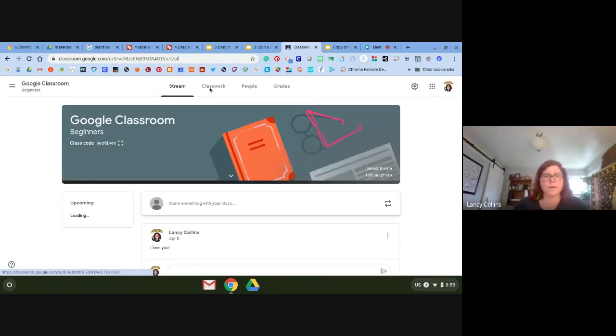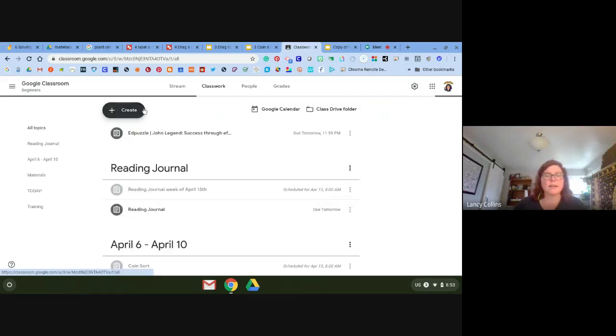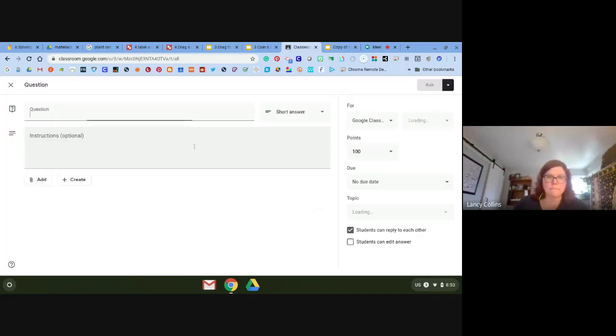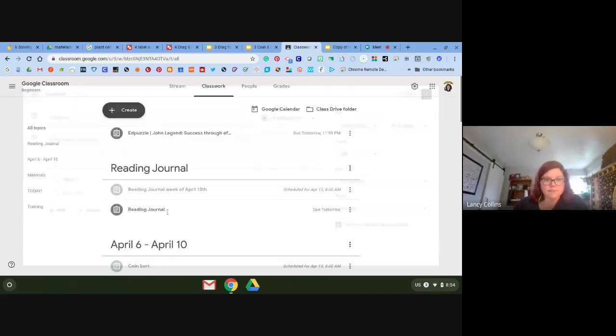Again, if you want to make a quiz right in there, you can, quiz assignments. If you want to use the question, it just gives a question to the kids. That's a good, quick, formative assessment. You can choose to do short answer, or you can do multiple choice. You can have the kids be able to see the answers afterwards. So if you ask a question,